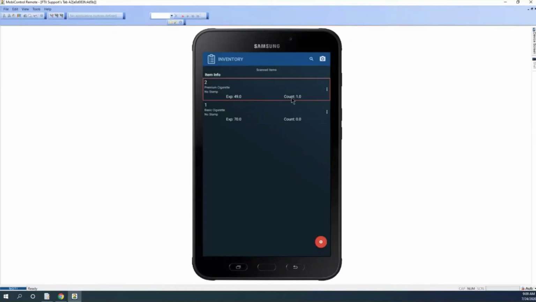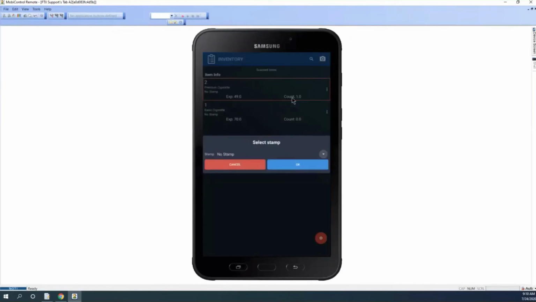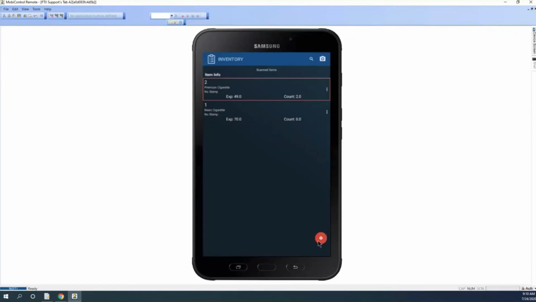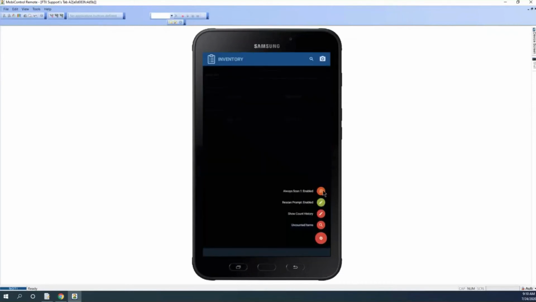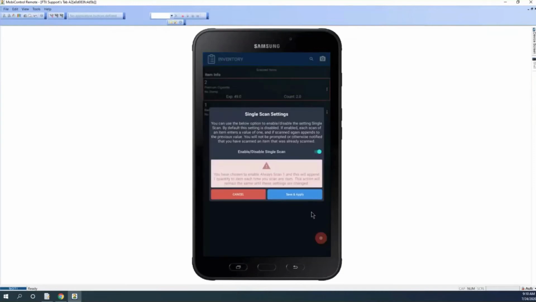And as you can see, it shows I have a count of 1. And so when I'm doing this, every time it's going to ask which stamp and then my quantity will automatically be added. And it does that because I do have always scan enabled. If I disable the always scan,